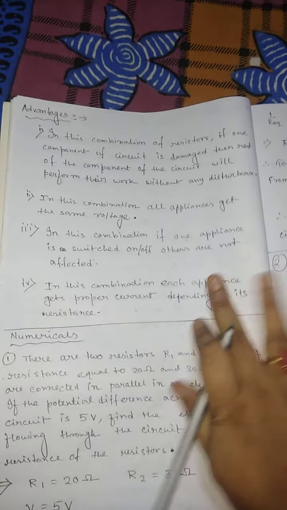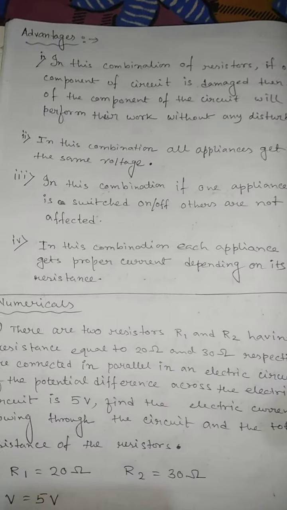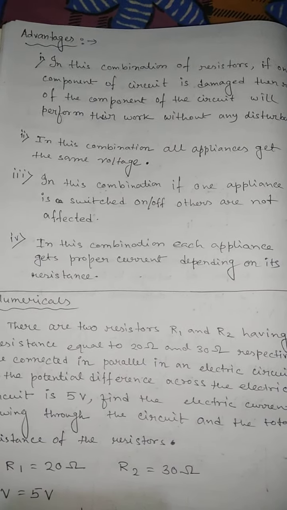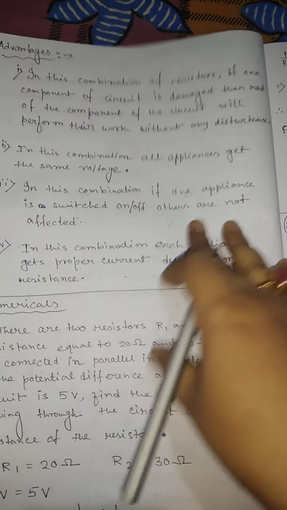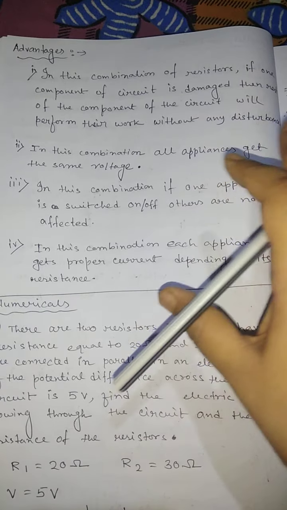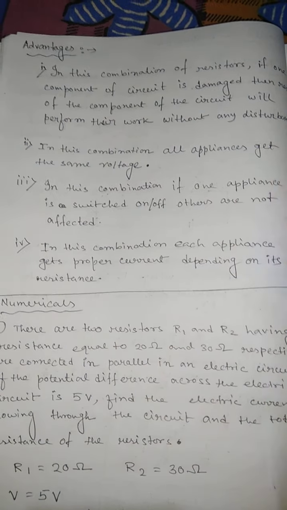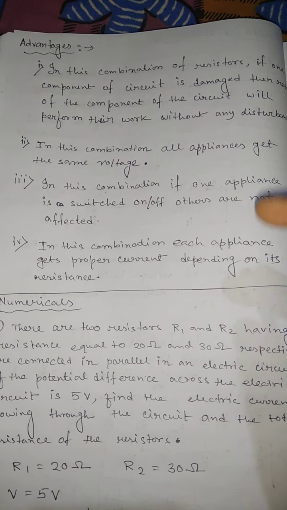Okay, in the last class we discussed the disadvantages of series combination, because in series combination there are no advantages, all are disadvantages. But in parallel combination there are advantages, no disadvantages. What is the advantage? Or we can say it is the opposite of the series combination. In series combination, if we switch off